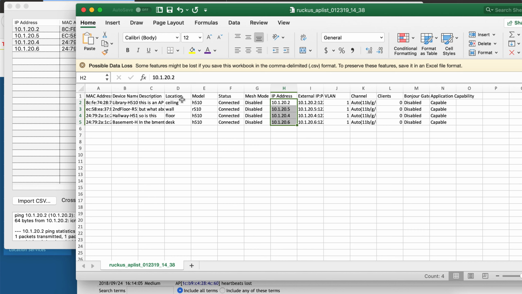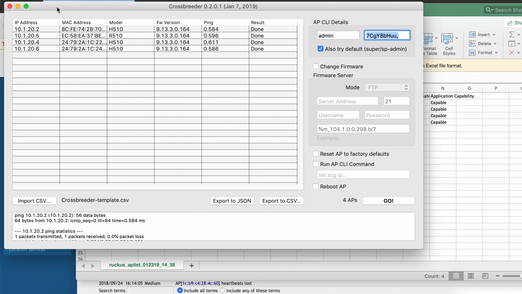Again, device name, description, location. This information is not necessarily going to come over in this tool. This tool is really meant to get the APs running a particular version of firmware and then also factory defaulted. And so what's going to happen is once they're running the standalone firmware, and I'm going to set this up via TFTP, once they're running the standalone firmware, they'll